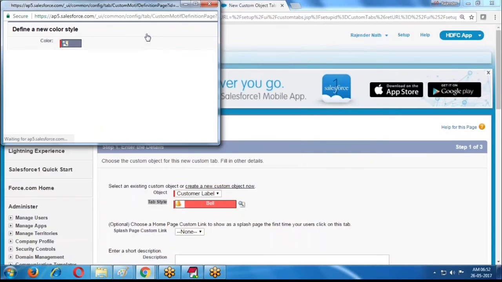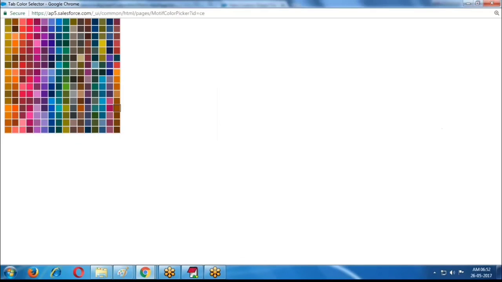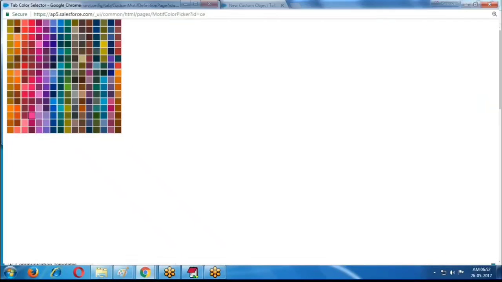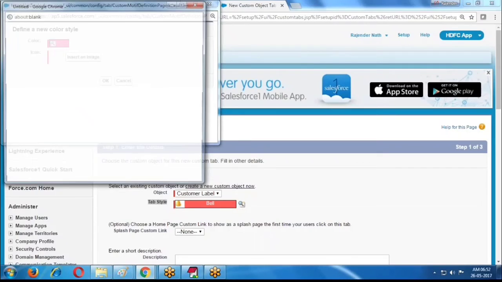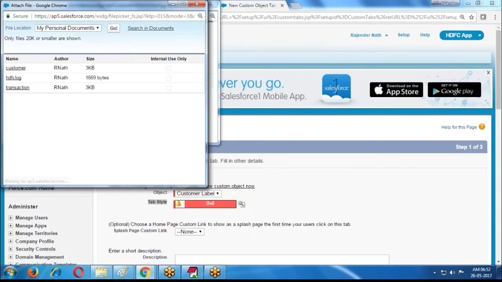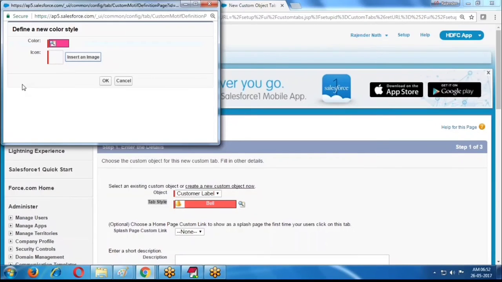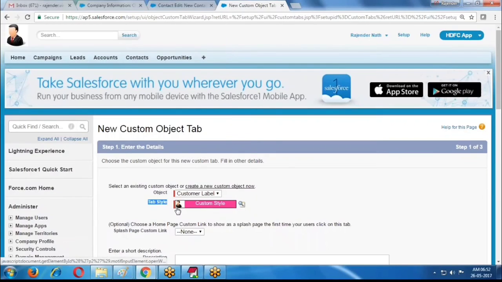If I click the Create Your Own Style button, select the required color. I am selecting a required color like this. And for the image, we already created some images in the Document object. Yesterday I created Customer, HDFC transaction, like this some images. So I'm using the Customer image here. Okay, then for this color, this is the image. It is nothing but the tab style. You decide your tab style according to your requirement.